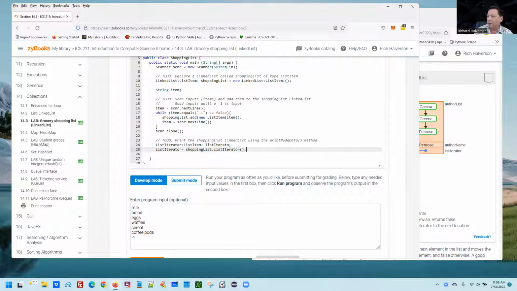It's a method. Okay, so now I have the power of this list iterator, and I can while loop through it. While list iterator has a next, while it's got another list item out there, while that's true, then we want to print it. So I'm just going to grab it out. I'm going to call it shopping item. Can I do that? Oh, it's because I need to declare a list item. I'm going to call it shopping item